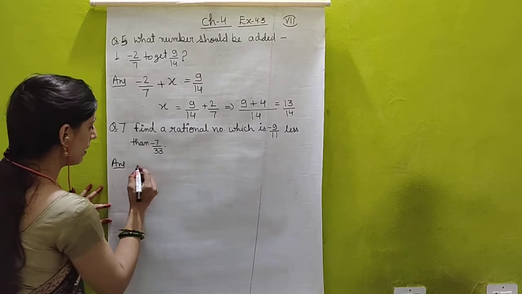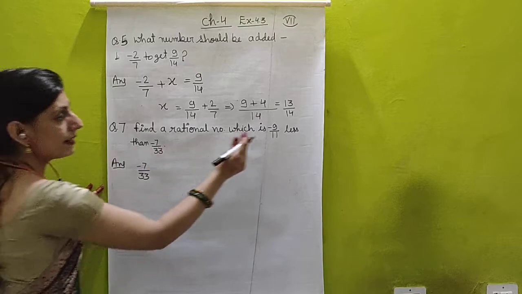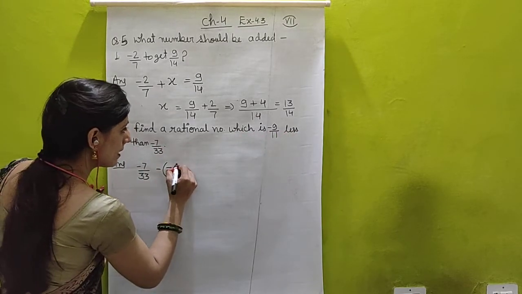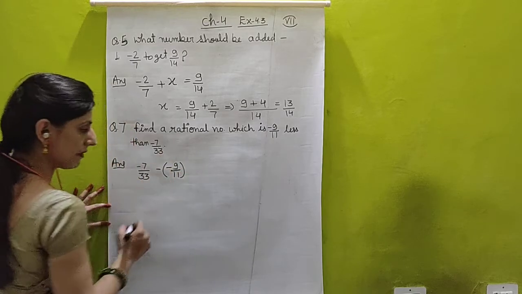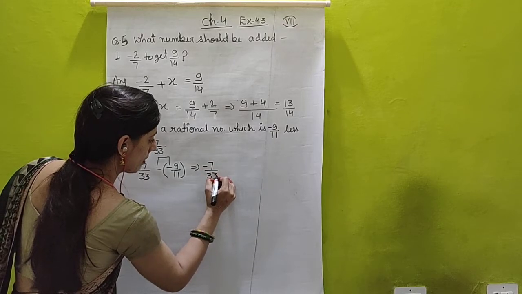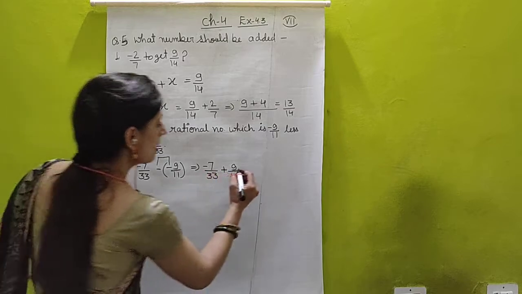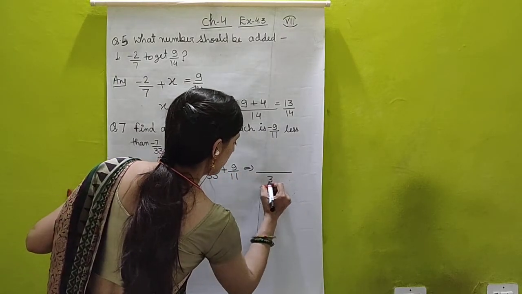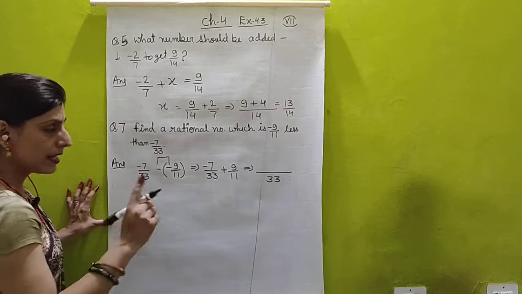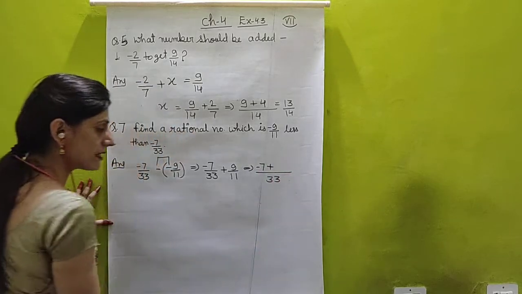So again I will make an equation that is minus 7 upon 33, and they have said less than, it means minus sign will come, and which one is less than? Minus 9 upon 11. So minus and minus students, minus 7 upon 33, it will be plus 9 upon 11. Again denominators are different. I will take LCM, that will be 33. Now 33 divide 33, it will be 1. 7 multiply 1, it will be 7 with minus sign, then positive sign.